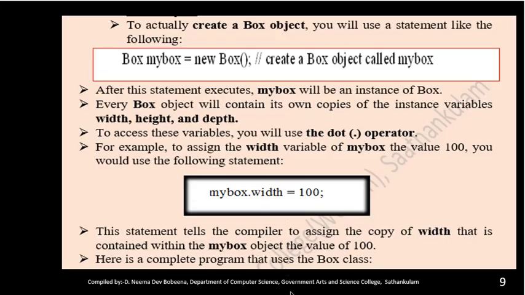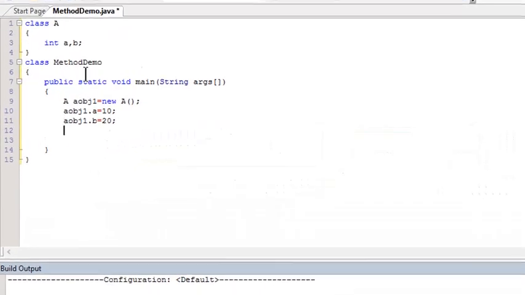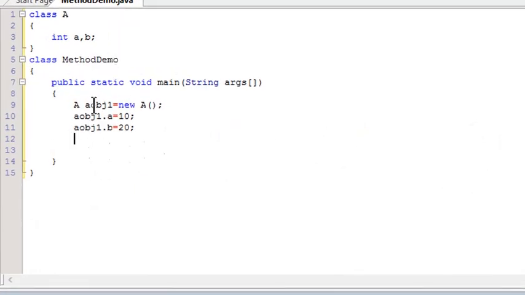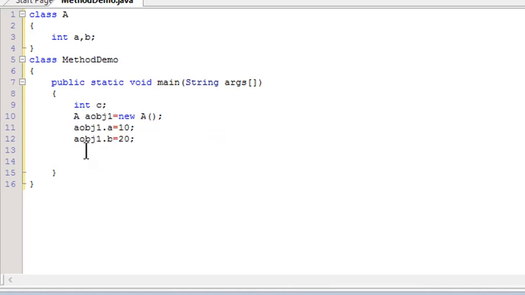Okay. Now we are going to modify this program, where we are going to find the sum of these two values. I am declaring a variable c. Then c is equal to, so how can we access a and b? aobj1 dot a plus aobj1 dot b.